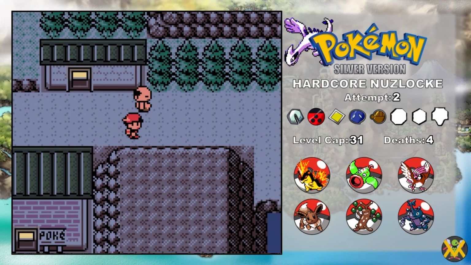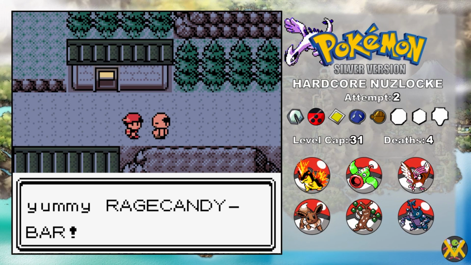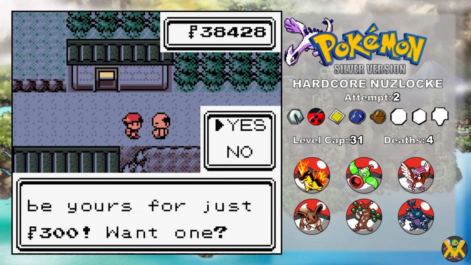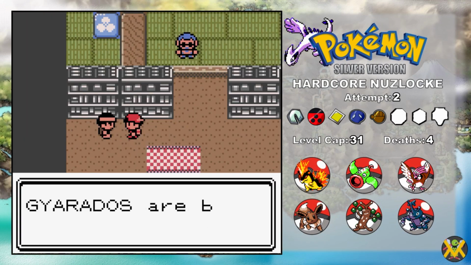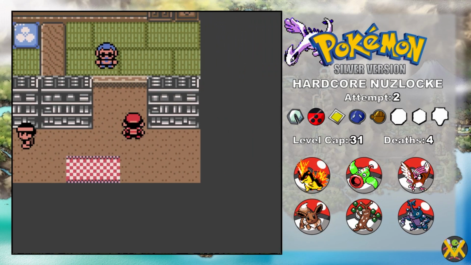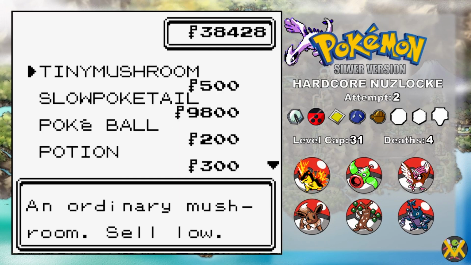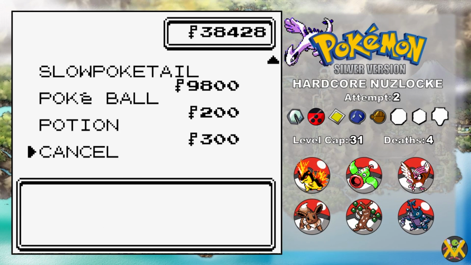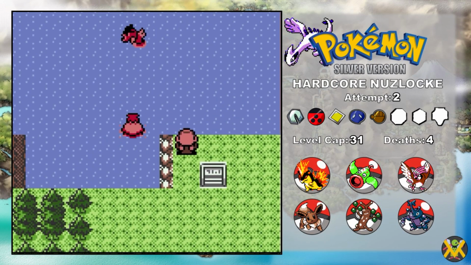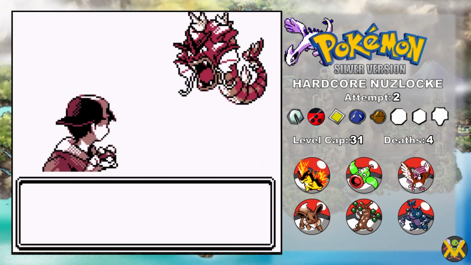In Mahogany now, and we try to walk past this guy who seems to be caught up in a pyramid scheme, where he has to stop every person from leaving this town and forcefully offer them a rare candy bar. We head into this creepy shop, where this guy sells Slowpoke Tail, and to be fair, at 9,800, it is incredibly cheaper than the one offered to us outside of Union Cave for $1 million, so it really does pay off to shop around. Heading north to the Lake of Rage, we kill a Gyarados just because it's different, and